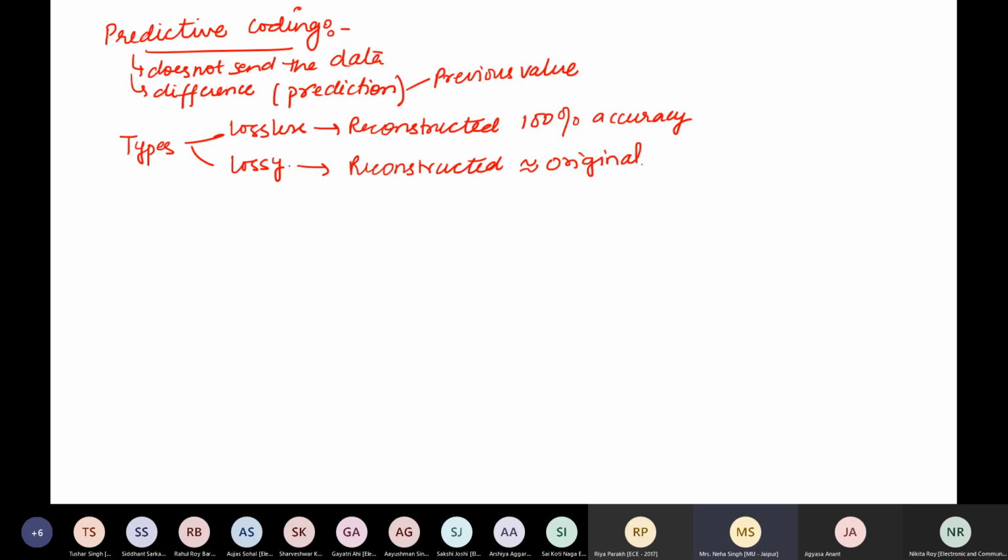Right? We simply say that I have some input. This input is used by some predictor which will predict some value. This predicted value is changed to the nearest integer. It means I expect a nearest integer value to be predicted. Based on these two values of the input and the predicted value, I find out what is the error.